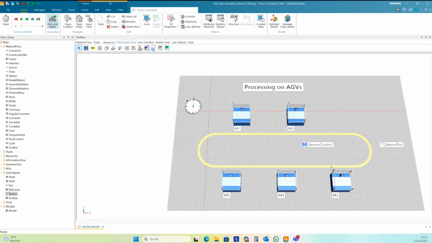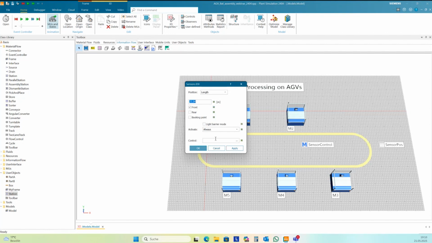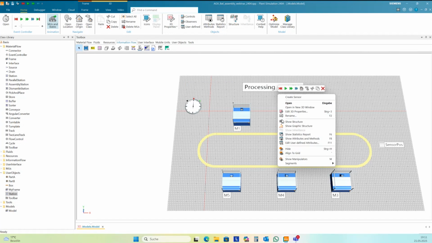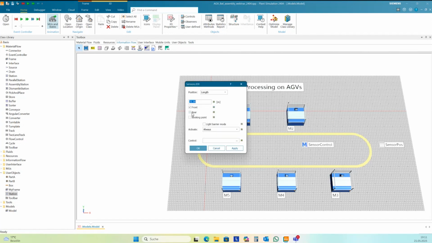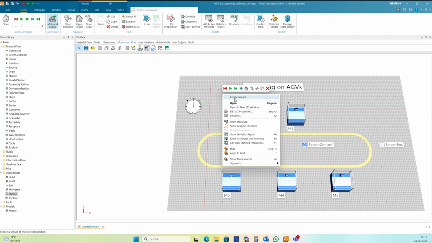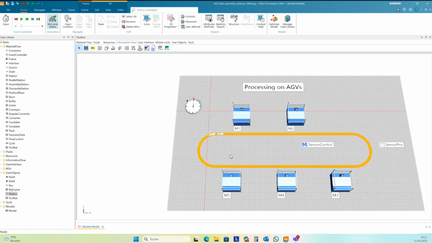So we have a very basic setting. Okay, 1, 2, 3, 4, 5.